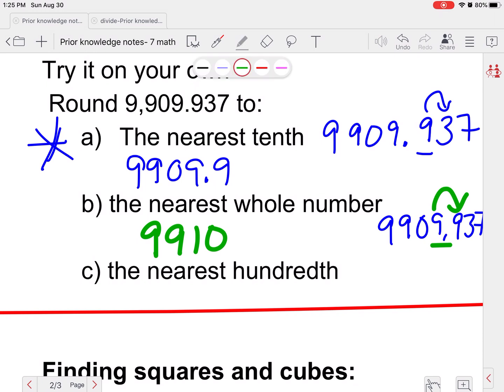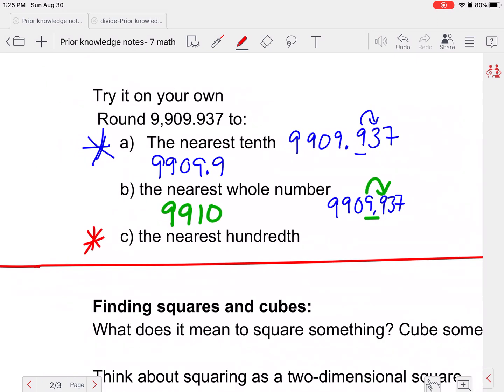Okay. Now go ahead and try rounding to the nearest hundredth. And once you've completed that,